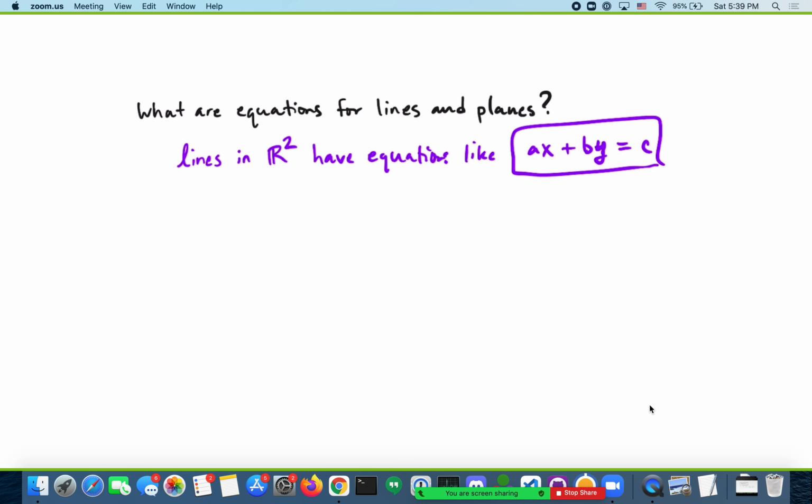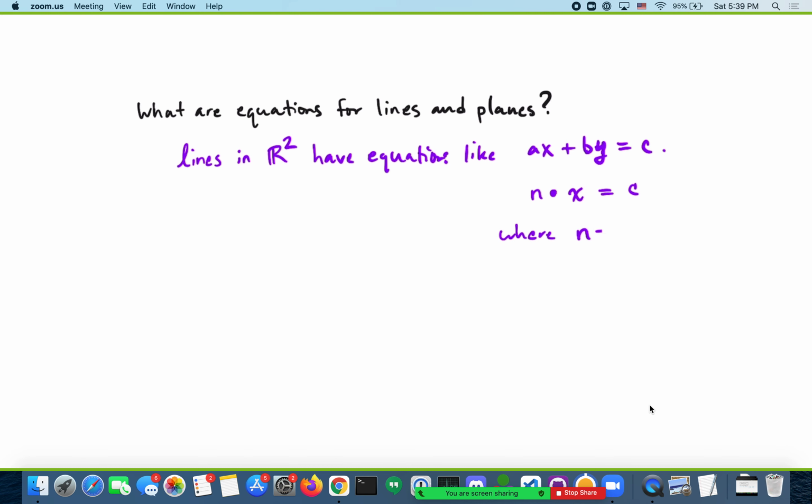This is the most general equation, so any line in the plane has an equation like this. And thinking about that, we could say that lines in R2 have equations like n dot x equals c,